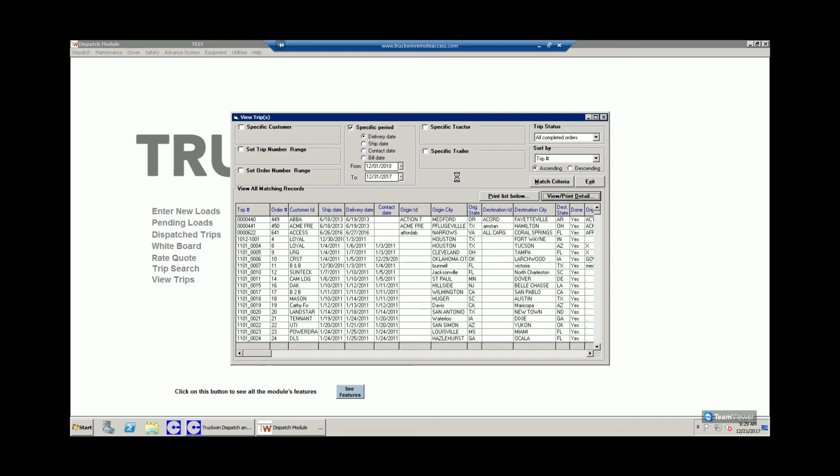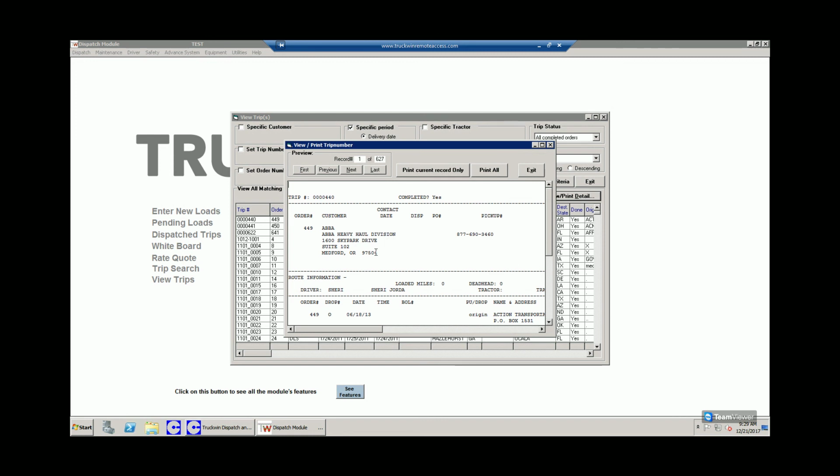Let it come up here. Previously, when the address would print on here, it did not have the zip code. Not sure why, but it didn't. So we went ahead and